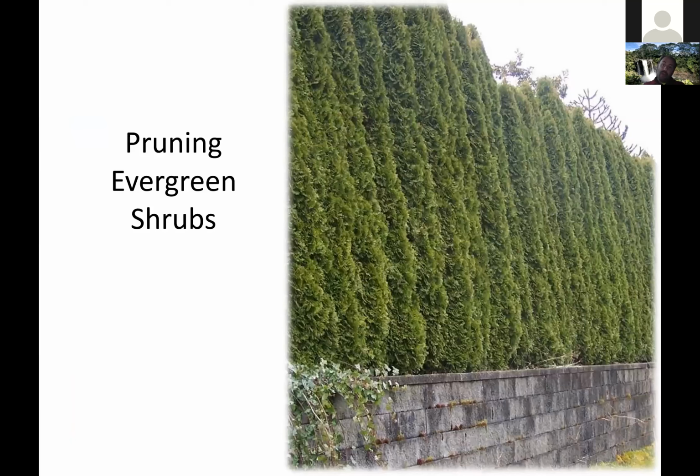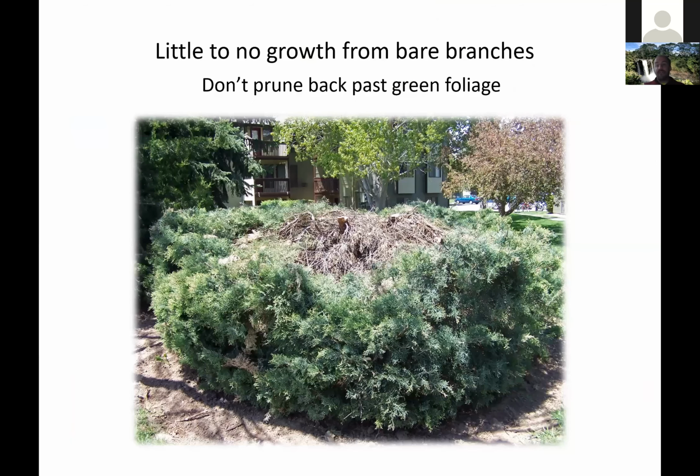Super important. If you inherit shrubs that need to be pruned, you have to understand a few things. If you prune back past live green growth, almost always you will not get new growth back to where you pruned. You'll leave an empty hole. The needles are out at the tips, and the plant will not produce new needles in the interior of the canopy just because you prune back further. So this hollow part of this juniper is not going to really fill in. Eventually the sides may grow taller and hide the hole, but it'll never get new growth to the interior there.